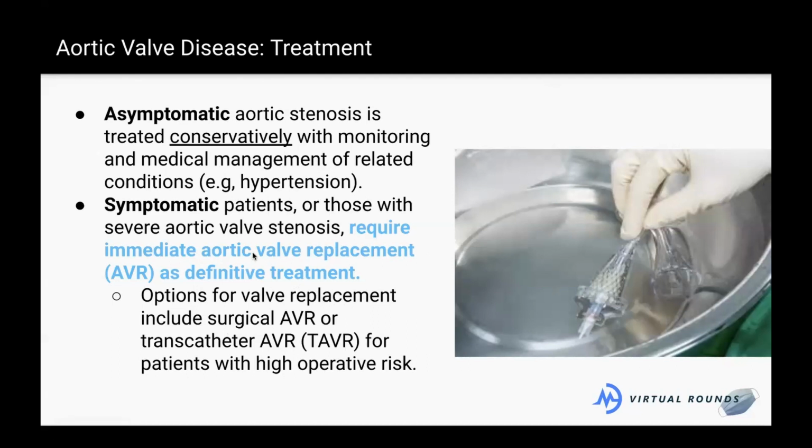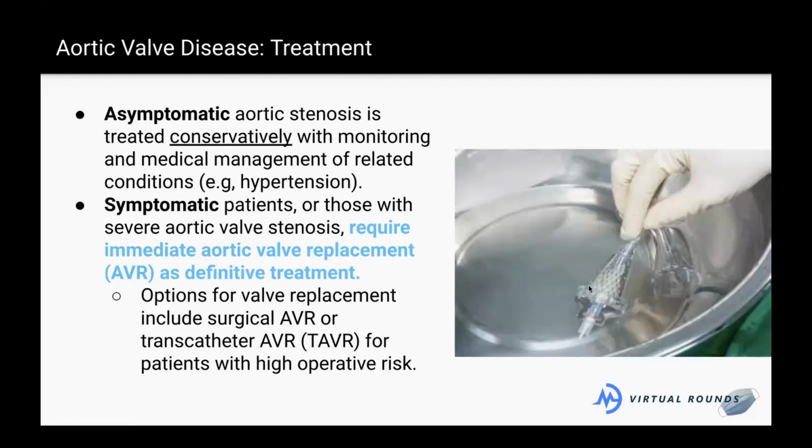So we have a couple options for how we can treat this valve. We can do a replacement with a surgery, like a full surgery through open heart, or we can do a transcatheter valve replacement, which is becoming more or less the gold standard these days. And fun fact, these TAVRs, we call them, are usually done by cardiologists, not by cardiac surgeons. So cardiac surgeons are slowly getting their jobs taken over, which is kind of fun.